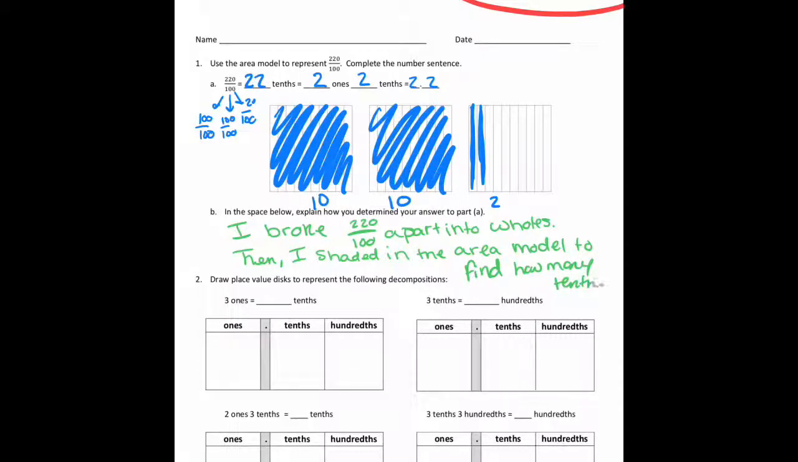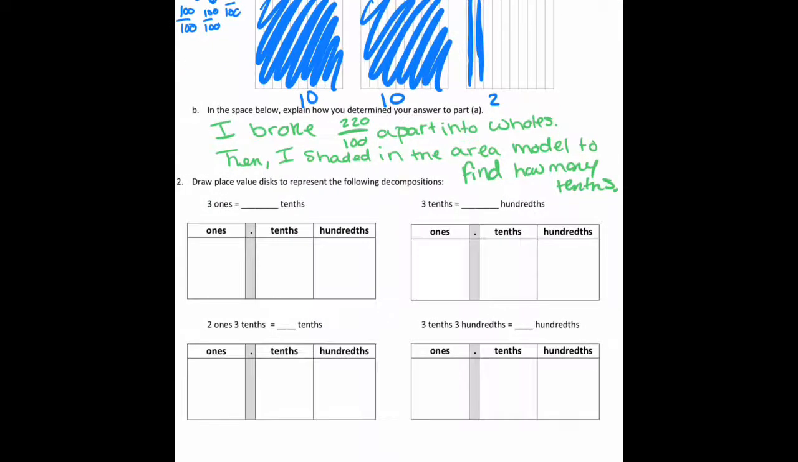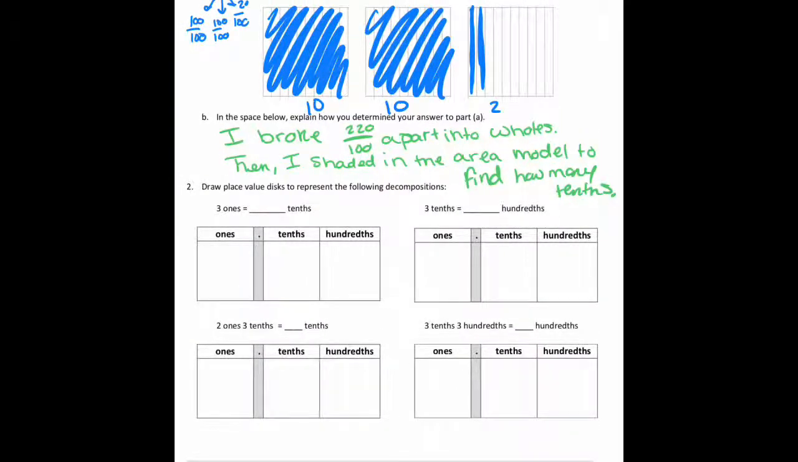Okay, on number 2, it says draw place value disks to represent the following decomposition. So we're going to take 3 ones, and we want to know how many tenths that is. So to represent that, I'm going to do three dots, or you could do discs, in the ones place. And each one of these, if I were to break it down into tenths, each whole is the same thing as 10 tenths. So this one I'm going to break down into 10. I'm going to break this one down into 10. And I'm going to break this one down into 10. And when I do that, I see that I have 10, 20, 30 tenths